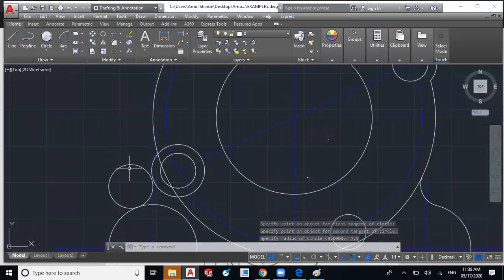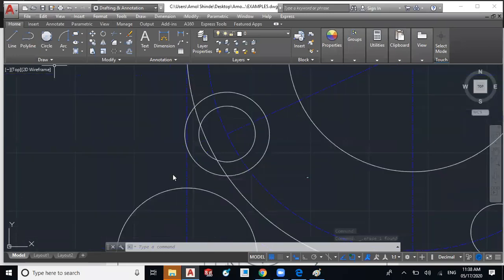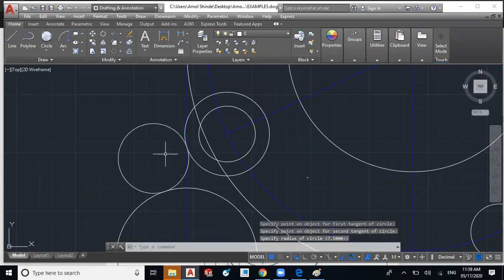Sorry, it is tangent to the line we define. So we have to zoom in here, and we have to use tan carefully. So tan on the circle, and radius is 7.5. Now it is clear.